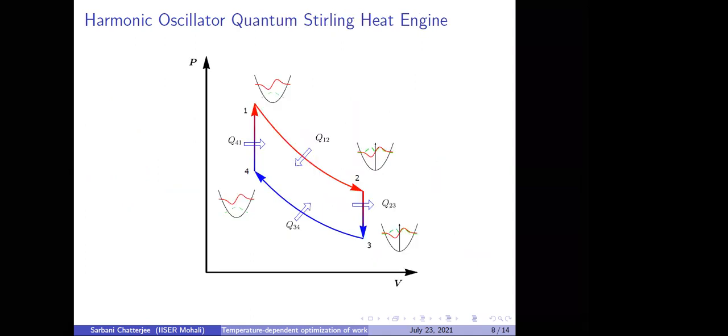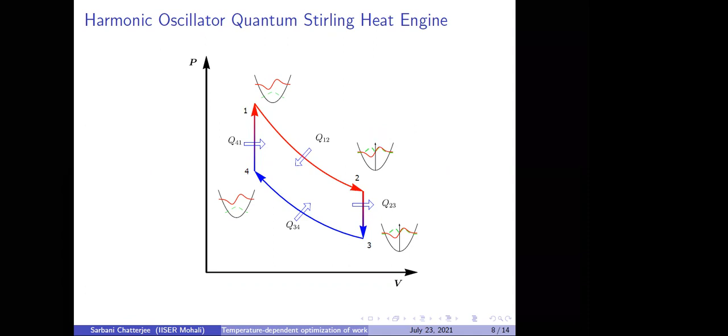Okay, so now we shall move to the principal proposal of our paper, which is the study of a quantum Stirling heat engine with the harmonic oscillator as the working medium. Analogous to its classical counterpart, this too shall be a 4-stroke regenerative heat engine. Let our engine begin at stage 1 initially. Now, let us insert an infinite delta function potential barrier at the center of the harmonic oscillator in a quasi-static manner.